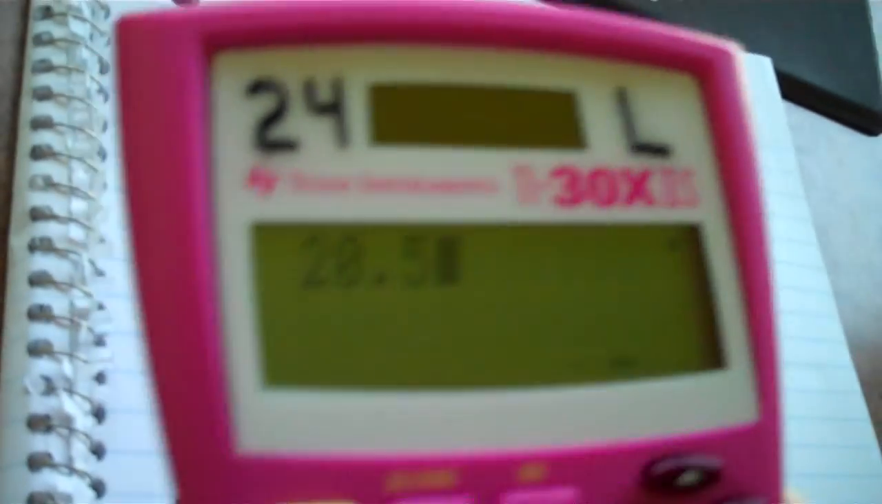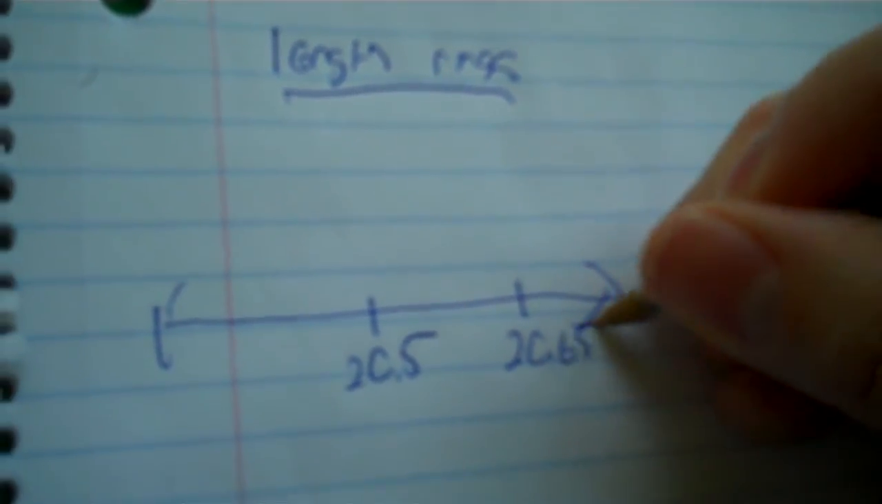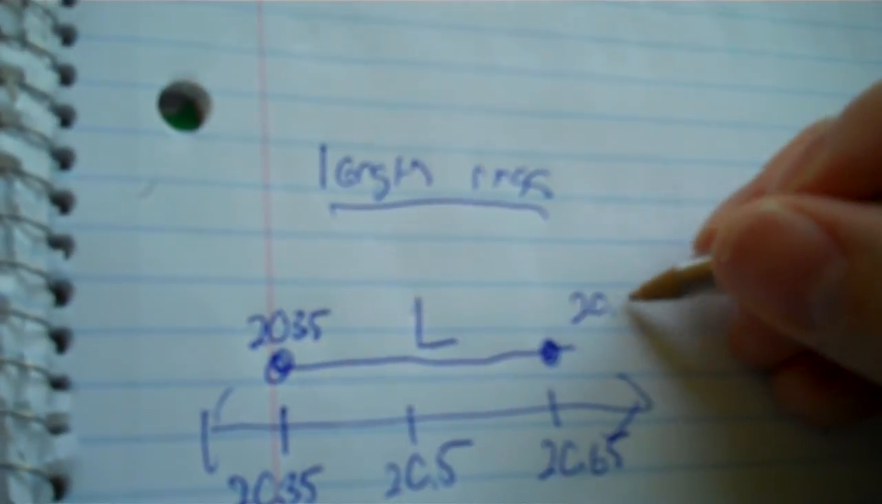Okay, so 20.5 plus 0.15 is 20.65. Then I can go back the other way and minus. 20.5 minus 0.15 is 20.35. Okay. Now circle, fill them both in, and you just connect them. Now I would like this labeled. I'd like you to put L for length, and I want you to put the 20.35 here and the 20.65